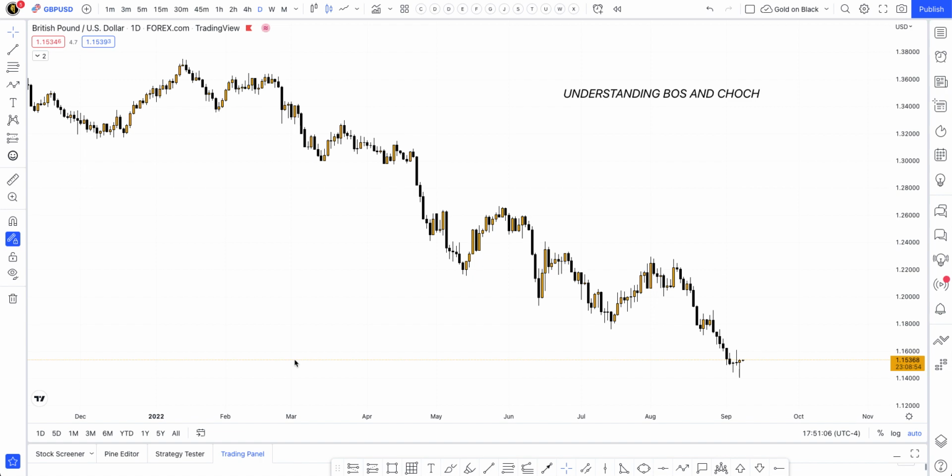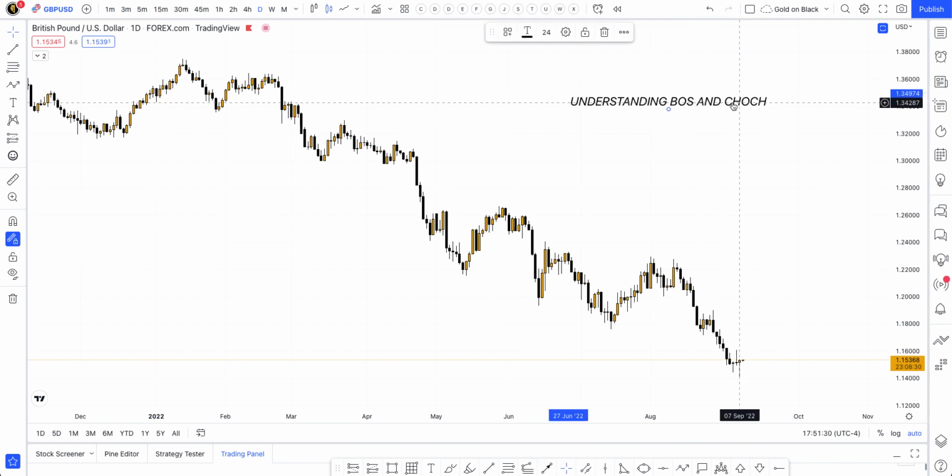Today I wanted to show you how to understand price action, how to understand what a BOS and a change of character is. Many people don't understand this or don't know how to find it, or what even BOS or CHoCH is. Many people just call it CHoCH. What does that mean, and how do we spot that? How do we use it in our favor to find our entries, right? And with this, of course,